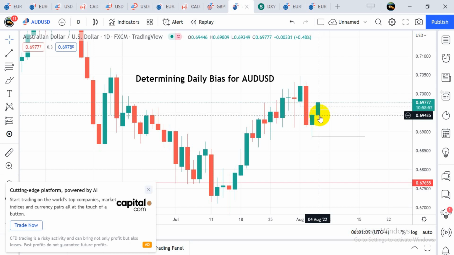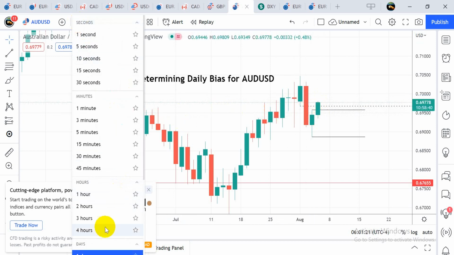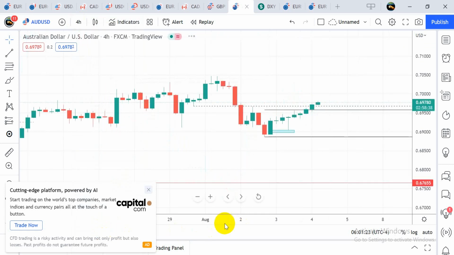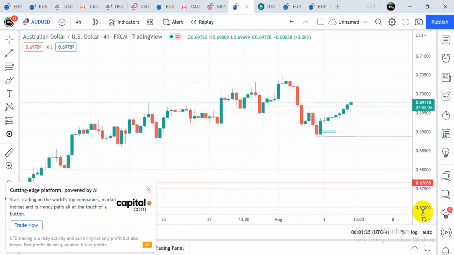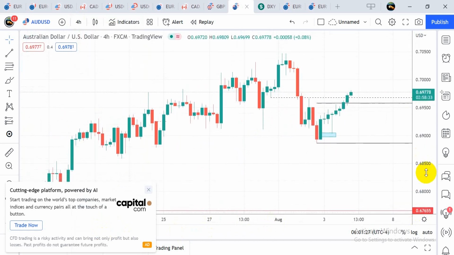I expected yesterday's high to be taken, and it has already done that in this case. So what we have to do is scale down to the lower time frame. Let us go to the 4 hour time frame and look for zones where we expect to buy from. We can see that this fair value gap right here